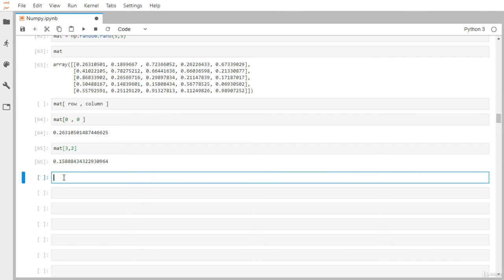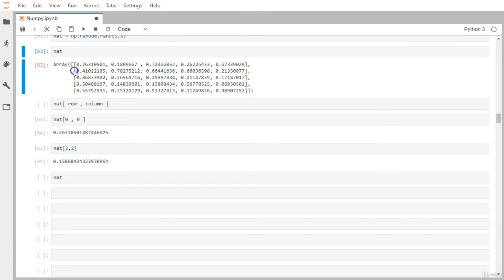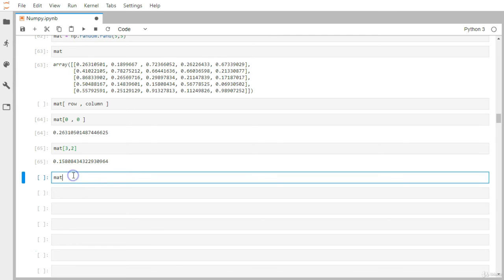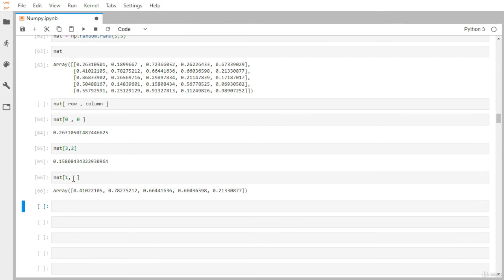Now this is just the matter of a single element. Let's say you want to grab one particular full row and every single column. So let's say the first row we want to grab, this one. So the first argument we have to supply is 1, and as we want to grab every single column, better don't supply anything.